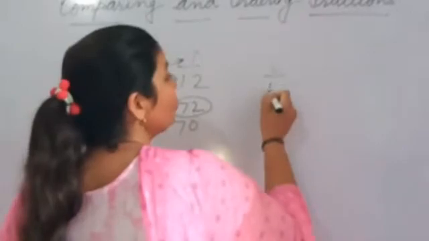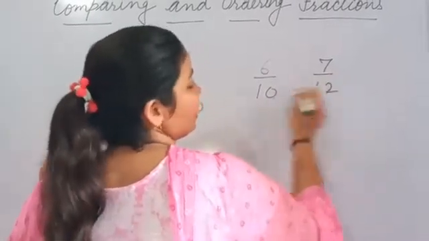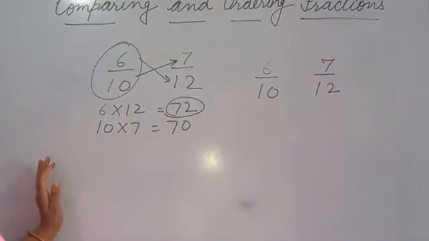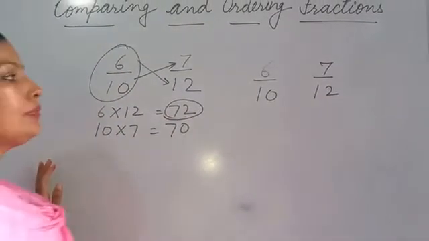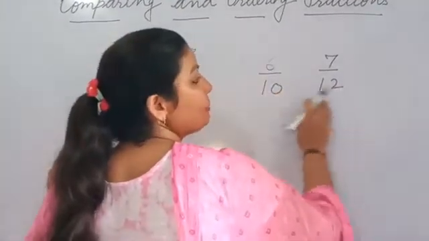But when you have more than two, how will you compare? So first of all, we should make them like fractions. हम उनको like fraction में change करेंगे. One method तो cross multiplication हो गया. Second हम इसको कैसे कर सकते हैं? Two या more than two fractions है. So we can make them like fractions. हम उनको like fraction में change करके भी कर सकते हैं. Like fraction means we should make their denominators same. हम इनके denominators को same बनाएंगे.